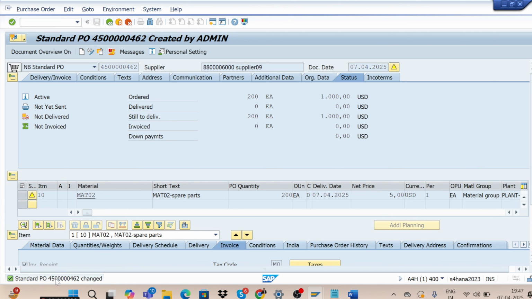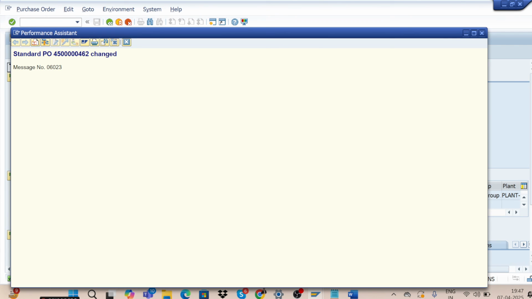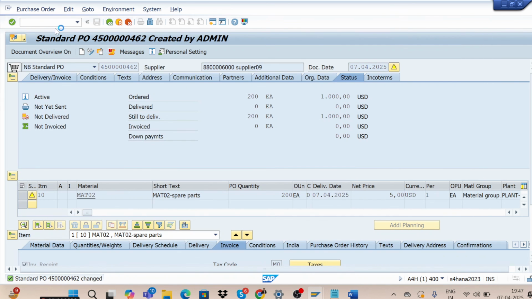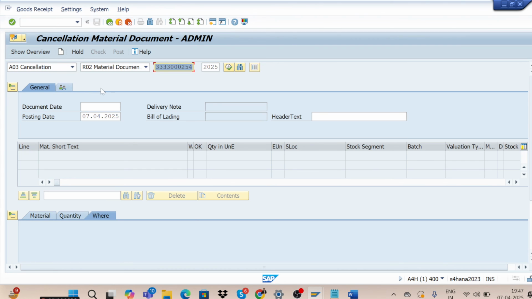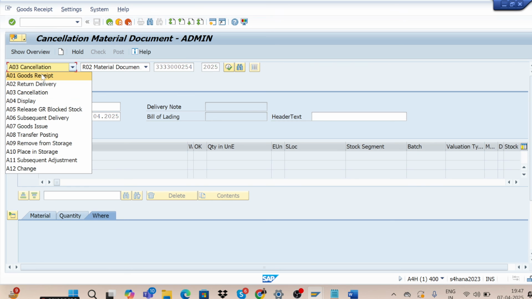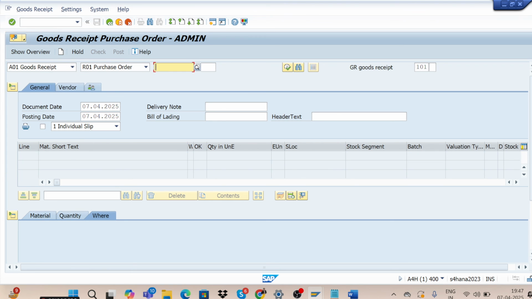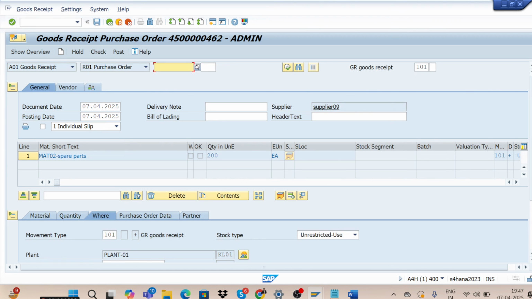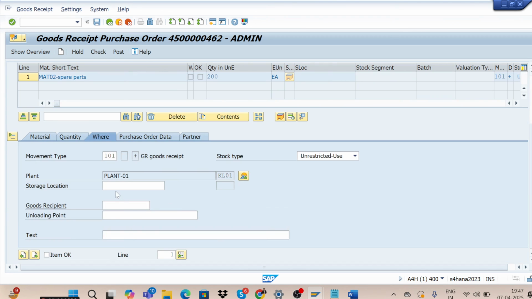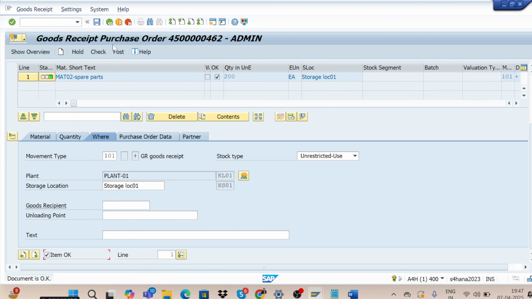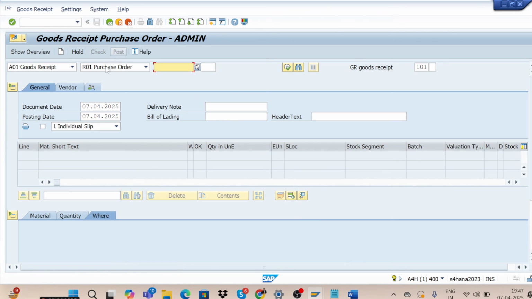Now I will do that again. Again goods receipt, again invoice verification. So let me go to MIGO to do the goods receipt. Each and every step is available in the notes. So let me select goods receipt against purchase order, hit enter, movement type is 101, give storage location, item okay, check and post it.